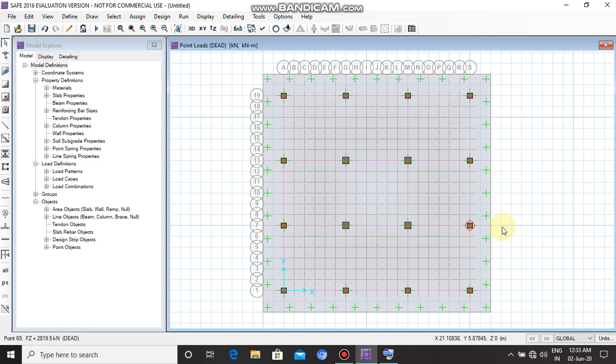Now assign the rebar material into the footing and the strip. Right click on the footing area.